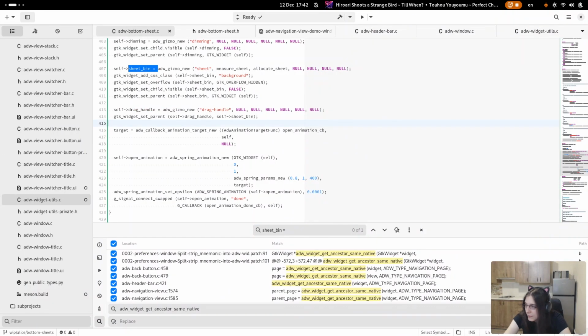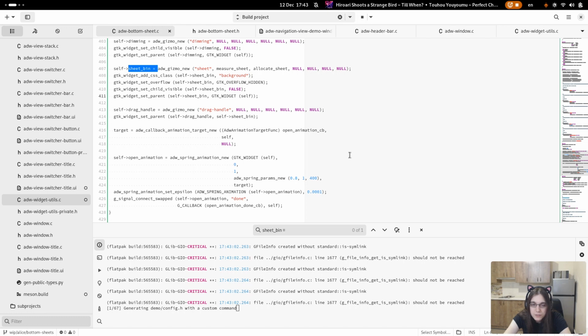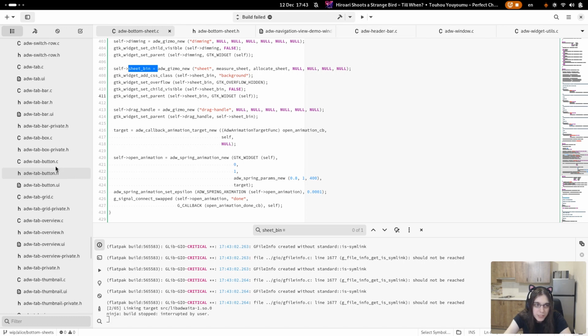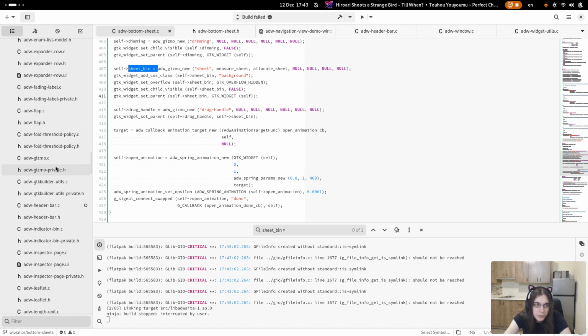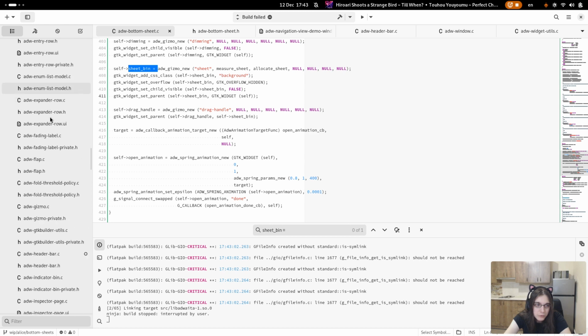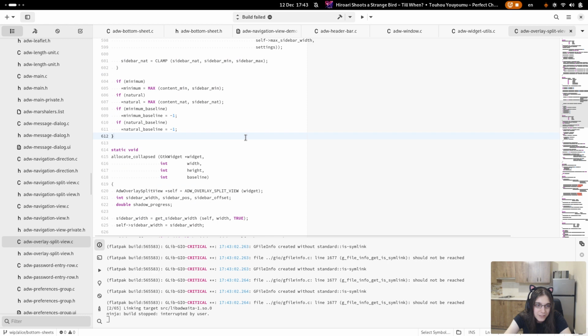Okay, wait. So yeah, let's handle input now. So when tapping outside, I want to close it. I will just copy the code from overlay split view because I've already written it.